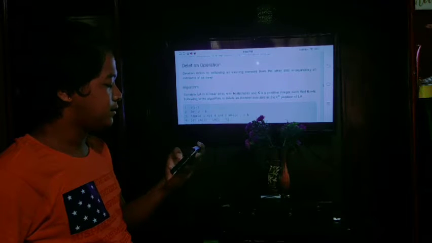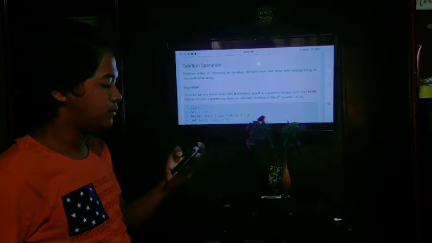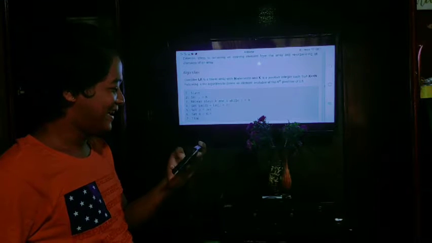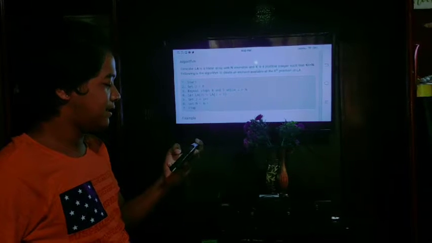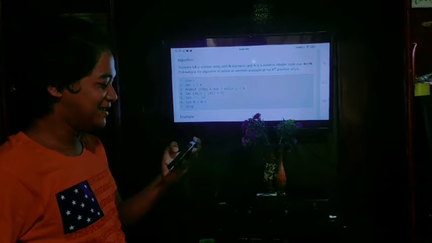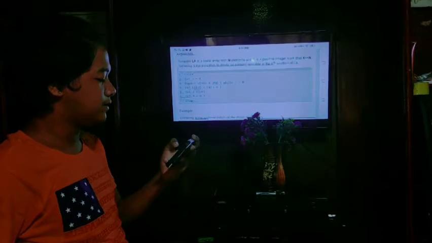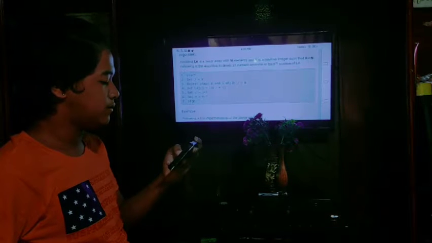Deletion operation. Deletion refers to removing an existing element from the array and reorganizing all elements of an array. Algorithm: consider LA is a linear array with n elements and k is a positive integer such that k <= n. Following is the algorithm to delete an element available at the k-th position of LA.